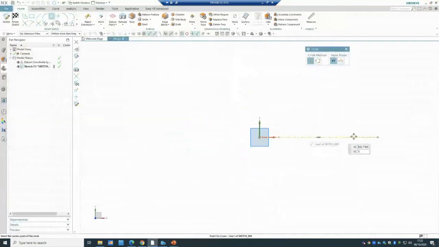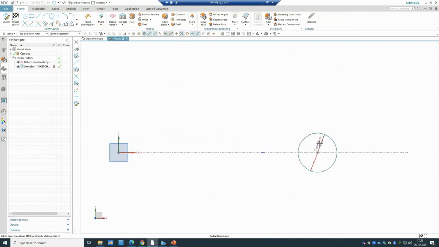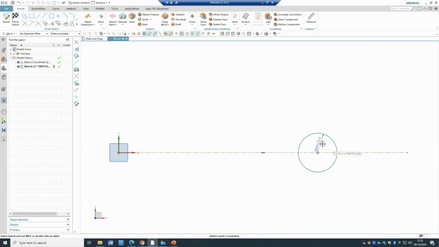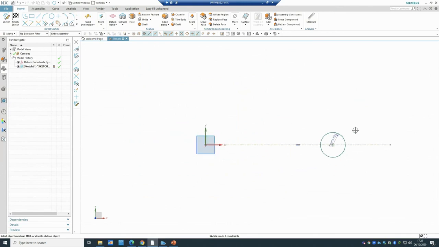Just draw a circle here with the diameter 20 or radius 10. As you can remember, if you double click on this dimension, you can have it as the diameter or radius. I'm going to go with the radial because the example was saying that it has a radius of 10. And then I have the two lines, and those two lines are tangent and parallel with each other,